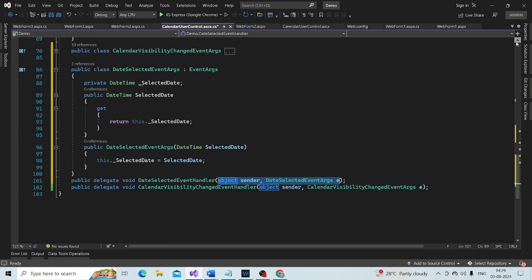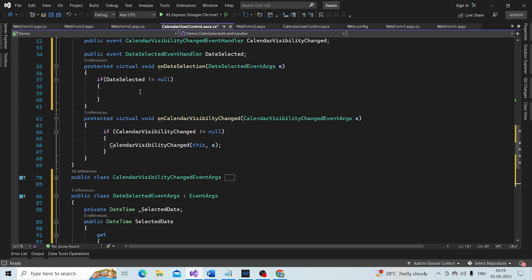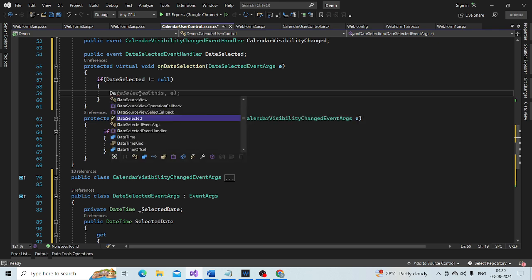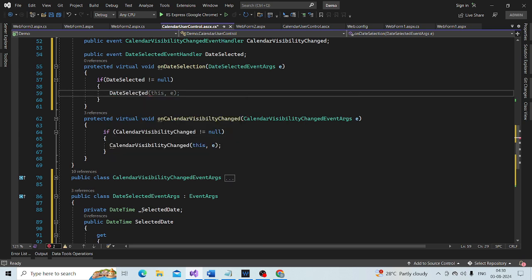Obviously, when you are raising that instance, it expects those two parameters to be passed in.